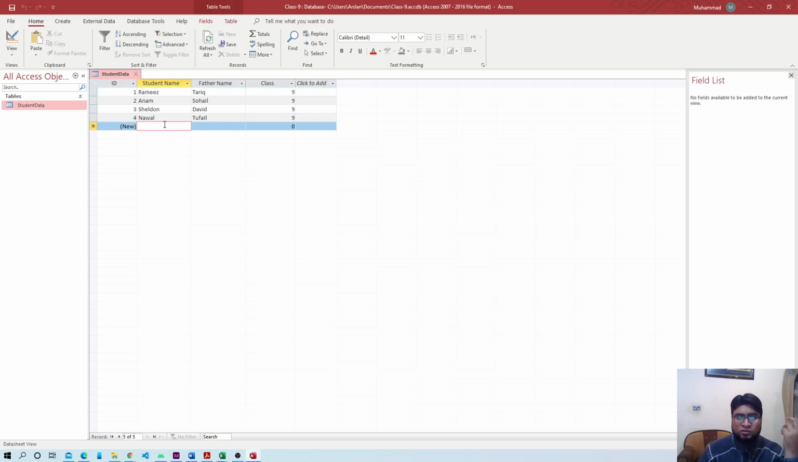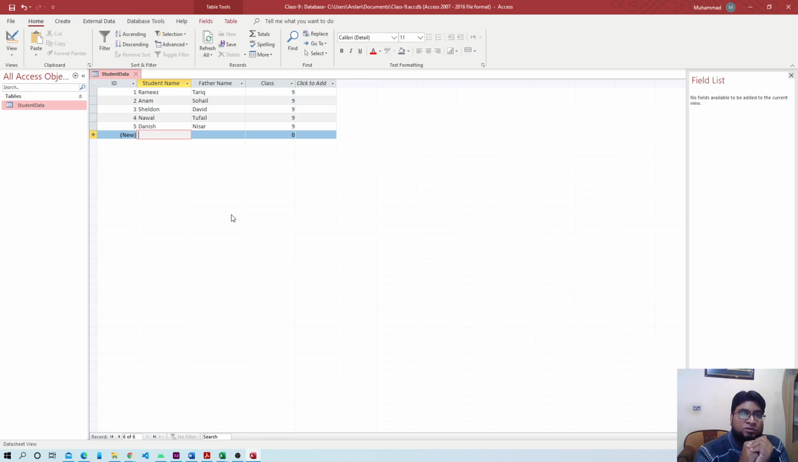So here we can also add more data like Danish Nisar, a student of the same class 9. So we can do this, right? We can make a database of our whole class. We can also apply different types of functionality on this, but that is not actually included in your syllabus. We have some more topics in this chapter, but due to the reduced syllabus of the scheme, we will not discuss that